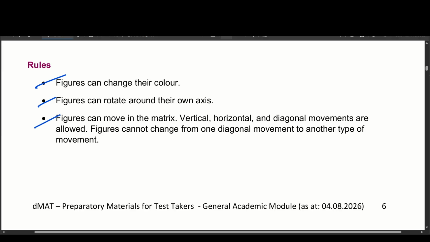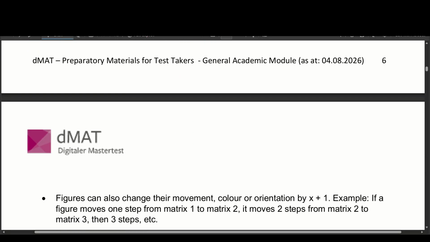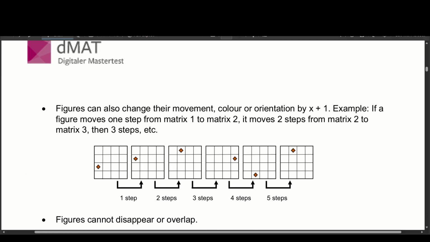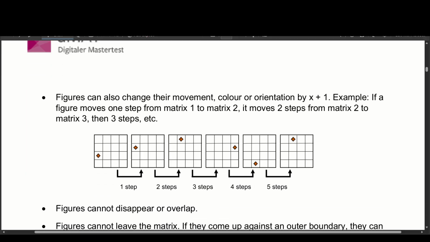Figures can move in the matrix vertical, horizontal, diagonal movement. If it is going diagonal, then it will bounce back again diagonally. It will not go horizontally or vertically. As well as we have discussed this rule that any figure can take one step, two steps, three steps further, can skip the boxes,